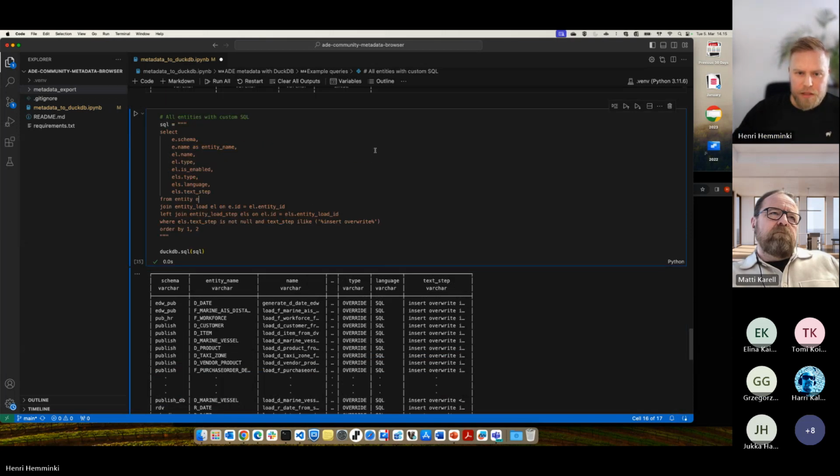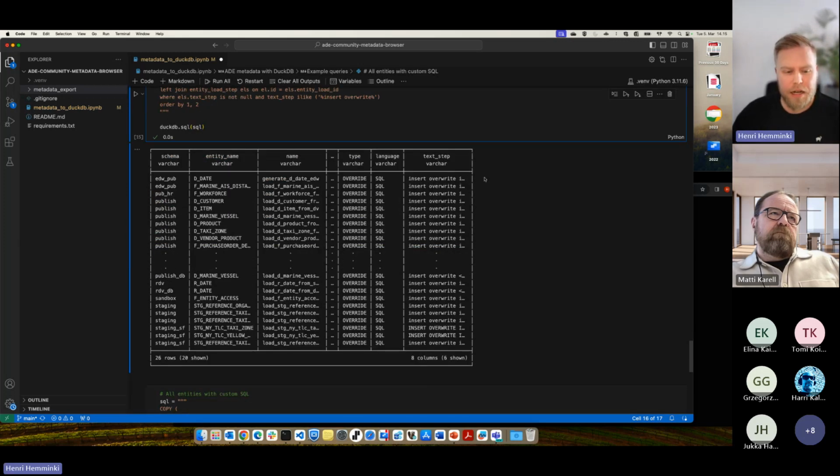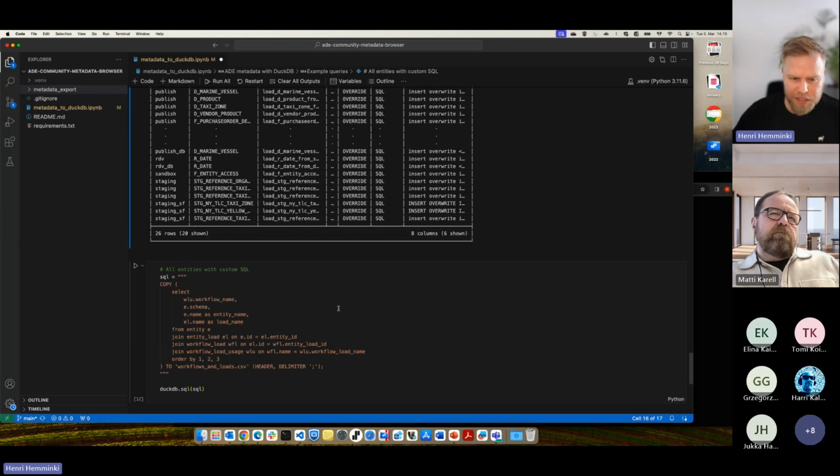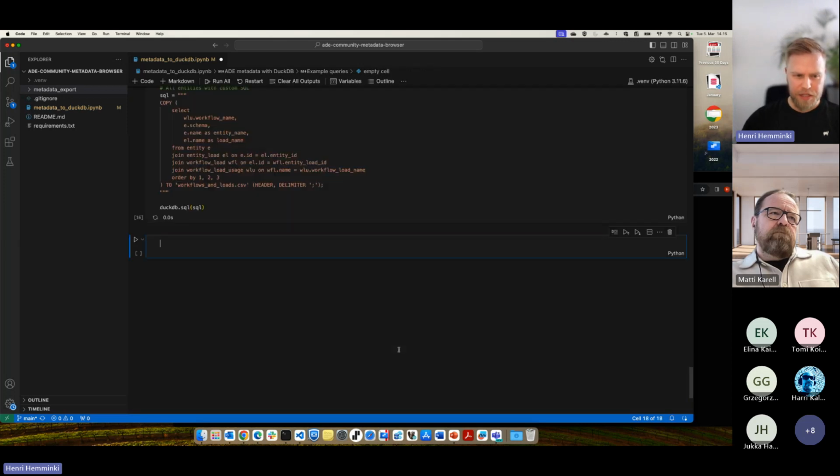Quite a nice way to use SQL locally and query all the metadata we have in the ADE instance. In some cases, I've wanted to know what workflows we have and what loads we have in those workflows. In DuckDB, I can copy that information locally as CSV.